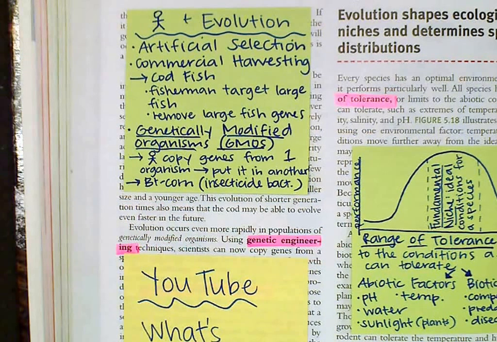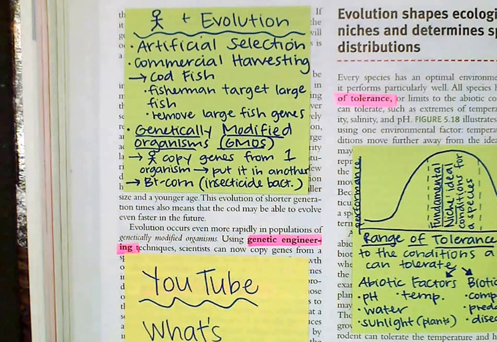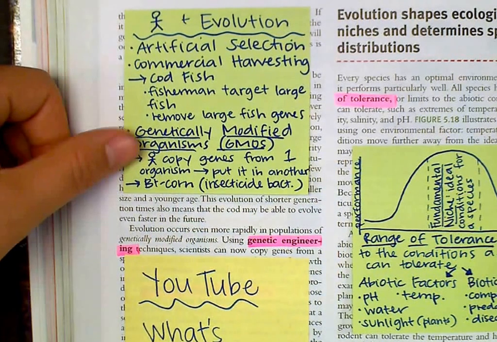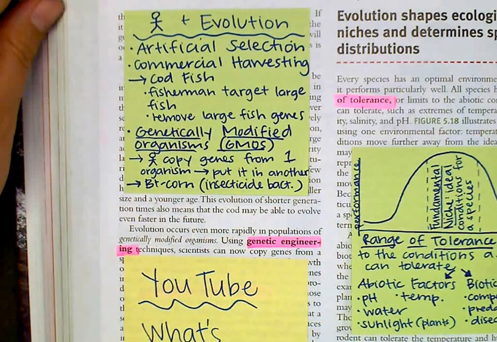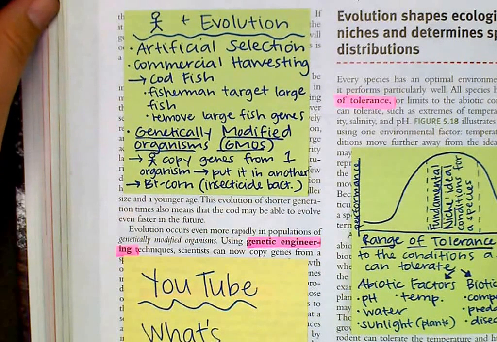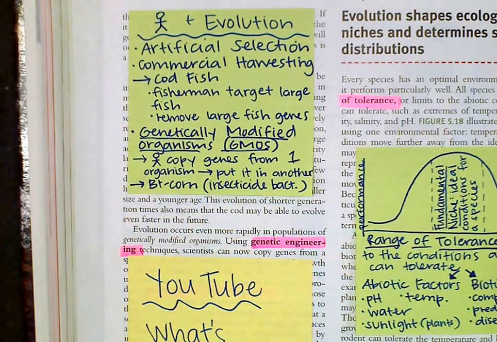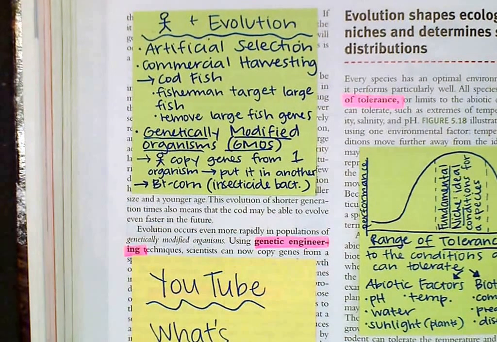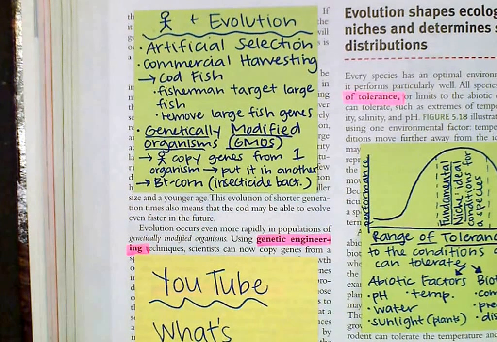Another thing that humans do to influence evolution is genetically modified organisms, or GMOs. You've probably heard this at the grocery store or on the news. GMOs are a big thing, but most people don't understand what it means. It's when humans copy genes from one organism and put them into another. For example, our Bt corn has a part of an insecticide bacteria in its genome. It's not natural, because we made it happen, but it is now genetically modified so that it has an insecticide, so that we don't have to put insecticides on this corn. It is, quote unquote, naturally